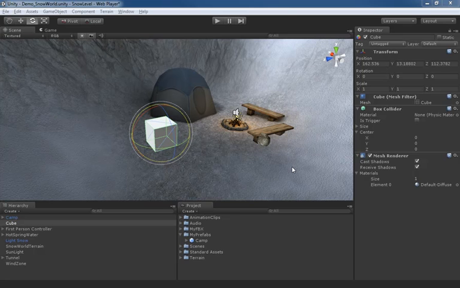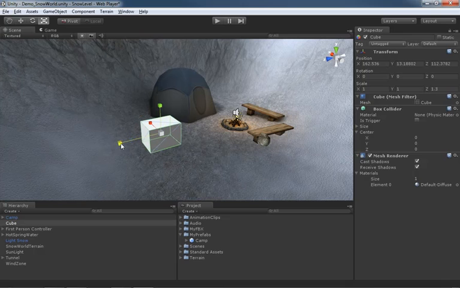Now I'd like to take a look at scale snapping. Scale snapping allows you to snap to a percentage of the original scale of your object. And just like with placement snapping and rotation snapping, this is all handled by holding the control keys. So I'm going to tap the R key to grab my scale tool, and holding control as I scale, if